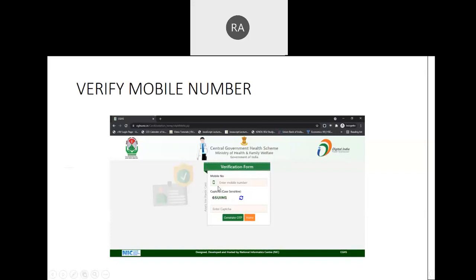Here, the mobile number of the serving person, that means the person under whom, who is the first member of the family. Okay, the person who is a government servant, right? That person's mobile number should be entered, followed by the captcha, and then press generate OTP.